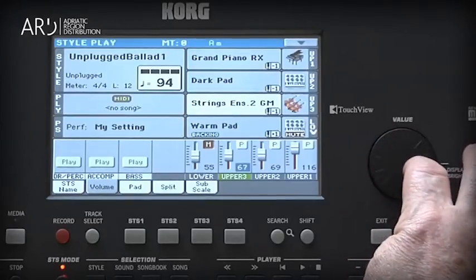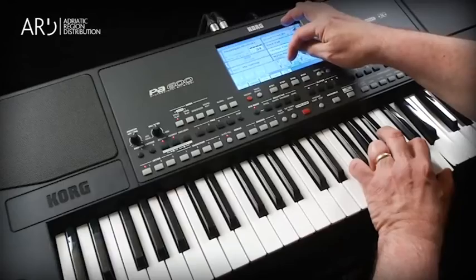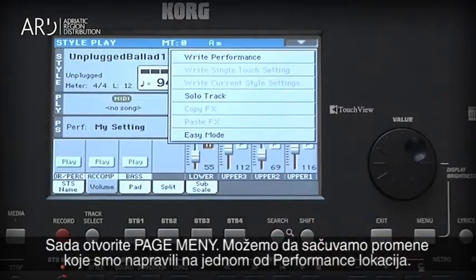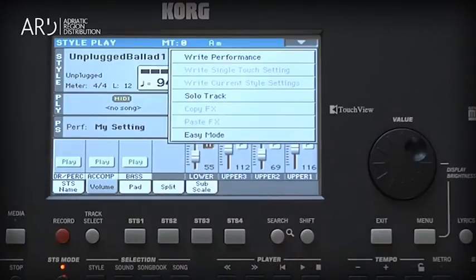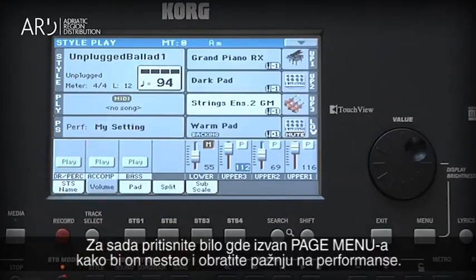Another way is to directly touch and drag the slider on the screen. Now open the Page menu. We can save the keyboard track setup we've created to one of the performance locations. For now, touch anywhere outside of the Page menu to make it disappear, and let's take a closer look at